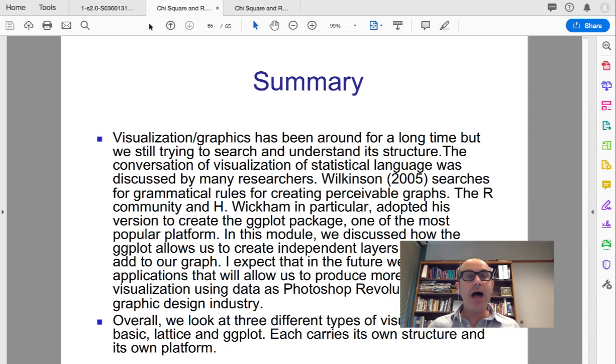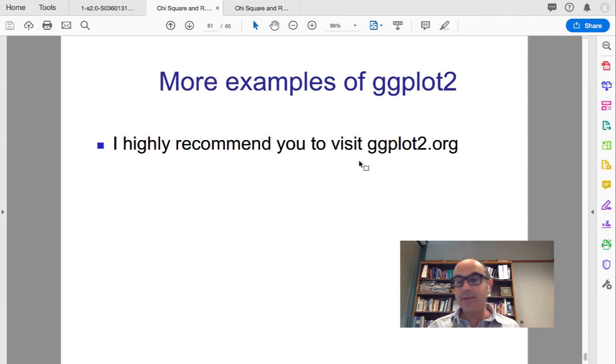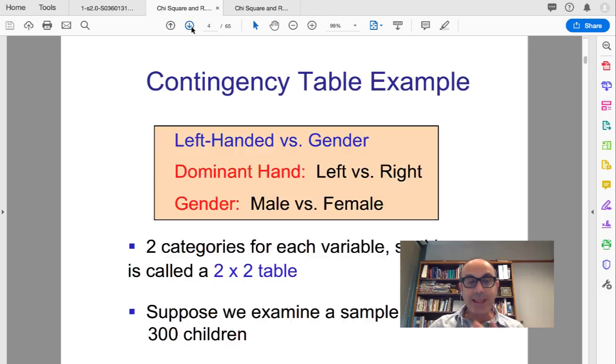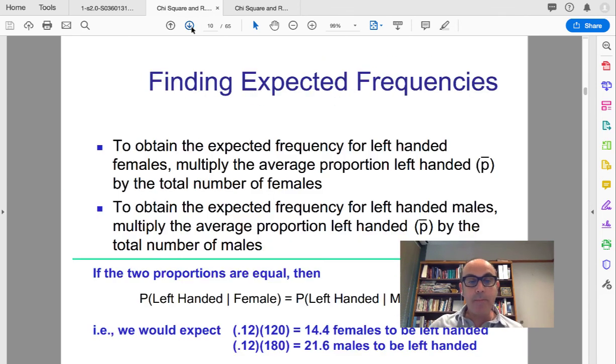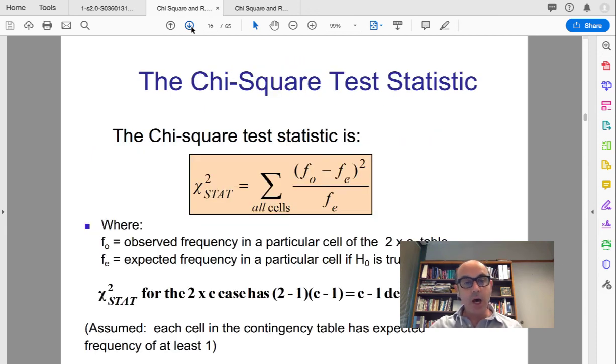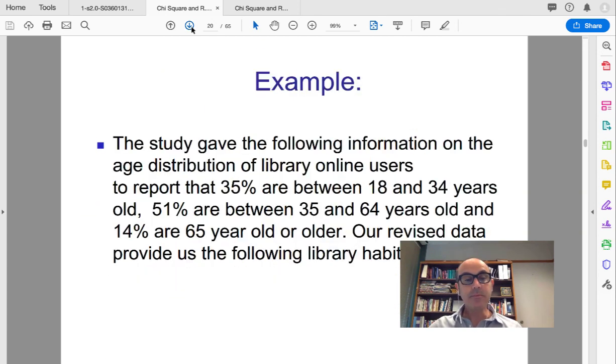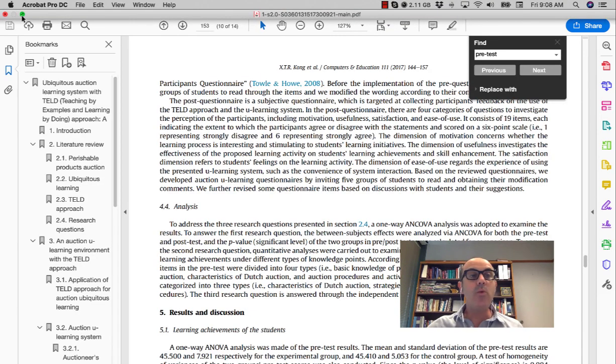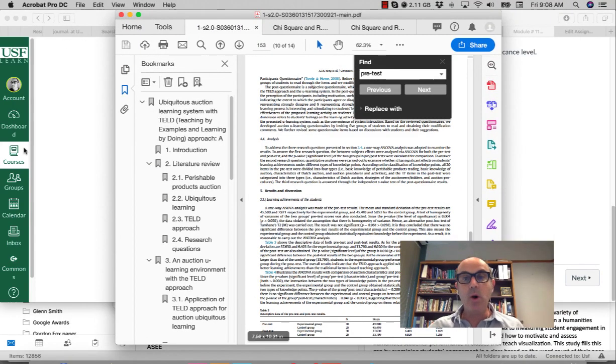So this is all I have for this class, for this module. I hope you enjoyed it. I hope you do not forget that in this module, we talked about the chi-square plot and how to do that. I showed you an example of how to apply that directly with R. And in this case, the idea is that we are using the table and we are using a chi-square test in order for you to do that, and we provide the two attributes that attach to it, and by doing that we are able to do the